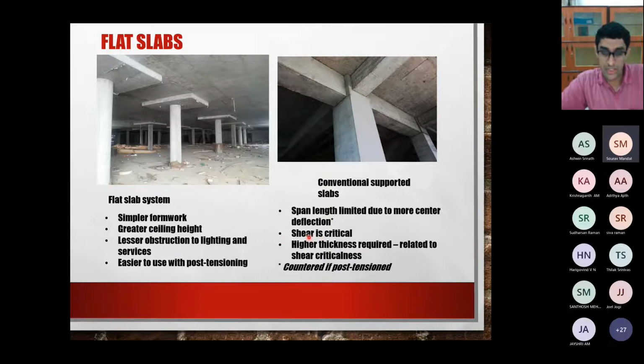Then shear may be critical, and if shear is critical, you will need to give higher thickness for the particular slab. So these are some relative comparisons between flat slab systems and conventional slab systems. When I say conventional slab, it's the two-way slabs and one-way slabs that you have covered till now. But having said that, normal residential buildings are like 85% of the construction which goes on, and they will use conventional slabs. It's only for special construction, special purpose buildings that people go for flat slabs.